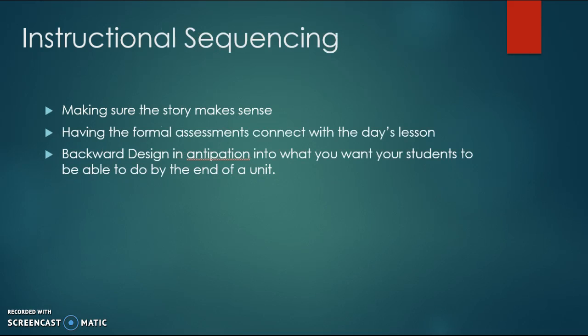Instructional sequencing. For me, this is especially for history and social science. If we are in a history class, we want to get from the start of a unit with an understanding of why we're learning this certain topic. For example, if we're learning about the American Revolution, we have to make sure that they have a grasp of what happened prior to the actual American Revolution. They have to understand what came before Lexington and Concord. They have to understand why something occurred, and making sure that the formal assessments that we're giving them throughout the day are also connected with the lesson of the day